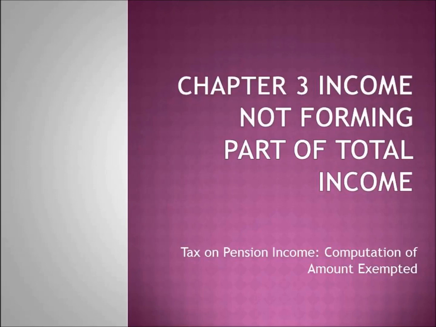So let us study. We have studied gratuity. Now let us study pension and try to figure out the differences in computing the exemptions relating to this income. We have learned how exemptions are calculated in gratuity. We'll learn how exemptions are calculated in pension also. And then we'll summarize how both these retirement incomes, or after service incomes, are computed and exempted. So let's start.